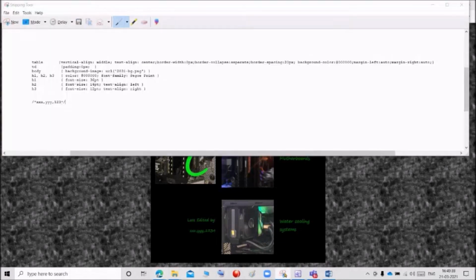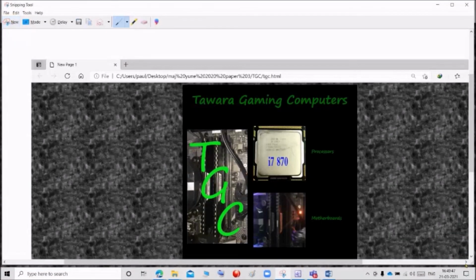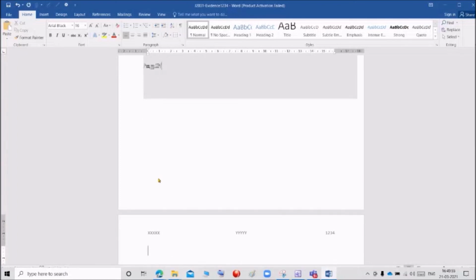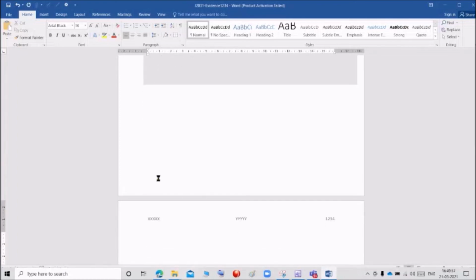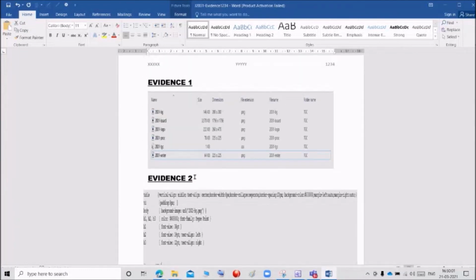So I am going for snipping tool, click new and select full. Copy this and I can paste in my evidence. So I can mention the name evidence.